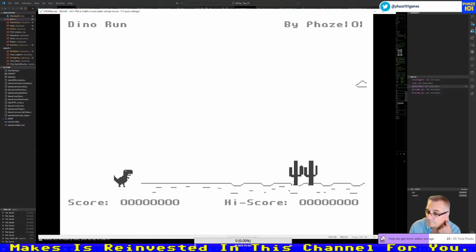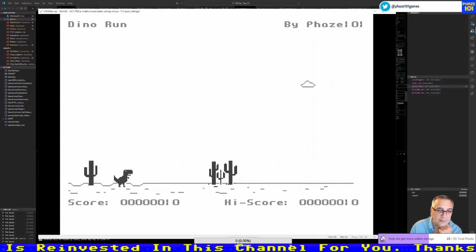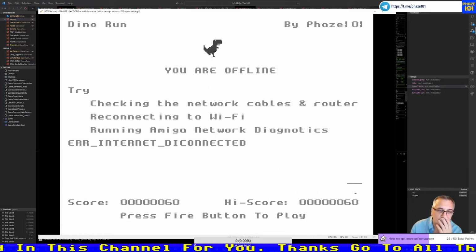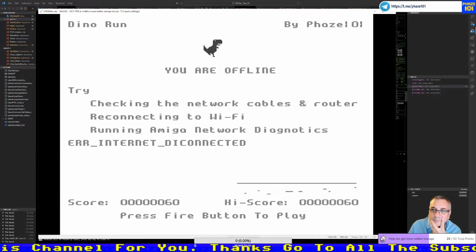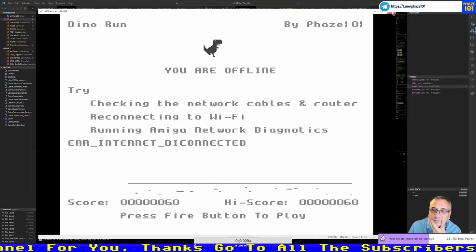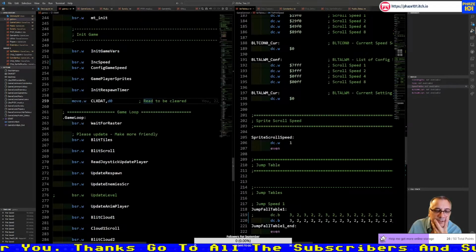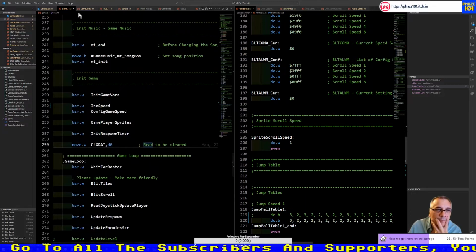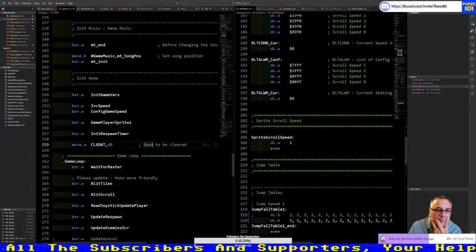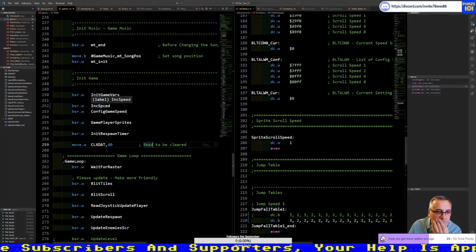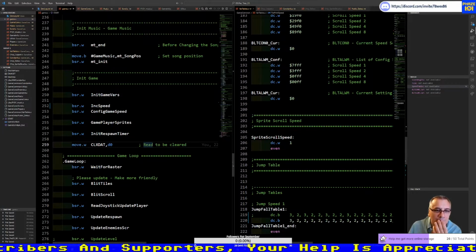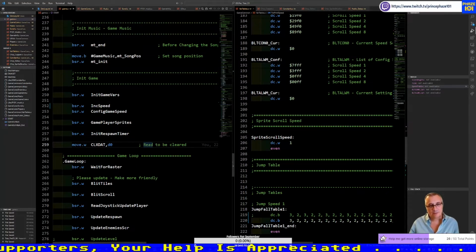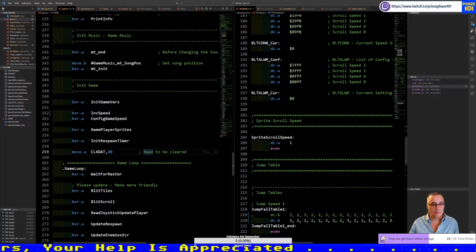Let's work. So it must be some register. It must be some register. Something that we are either not resetting or we are, and it depends on what value we catch it.